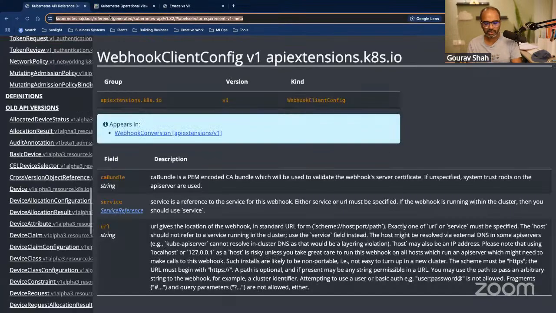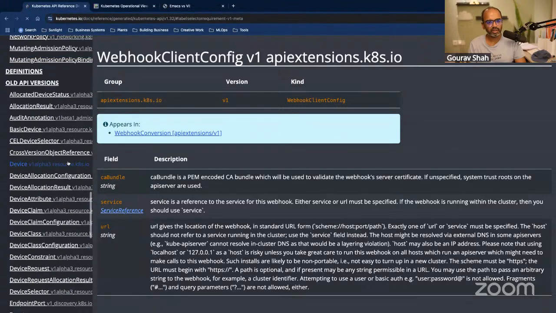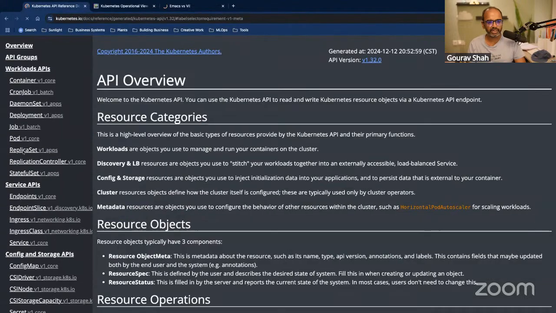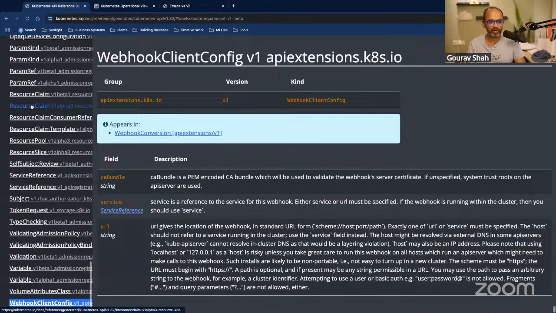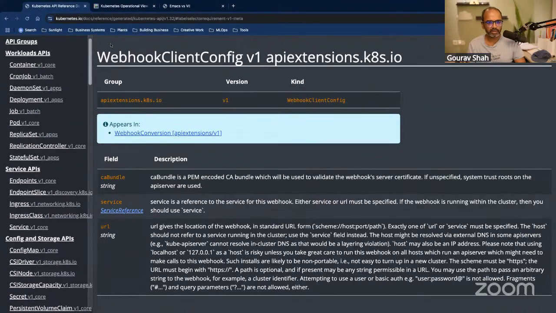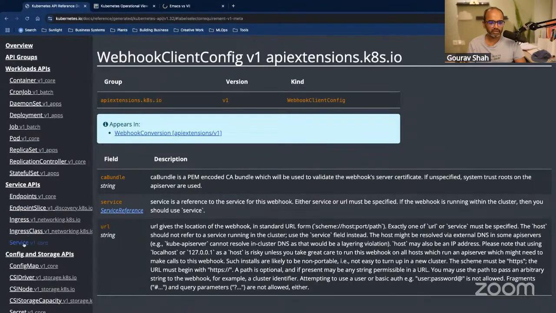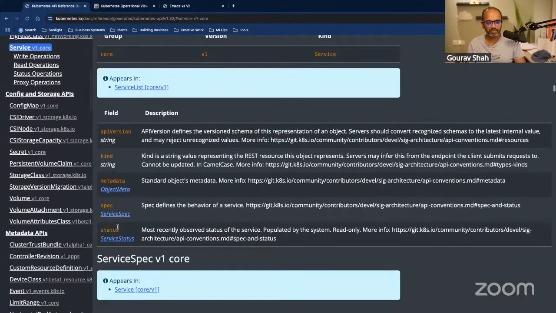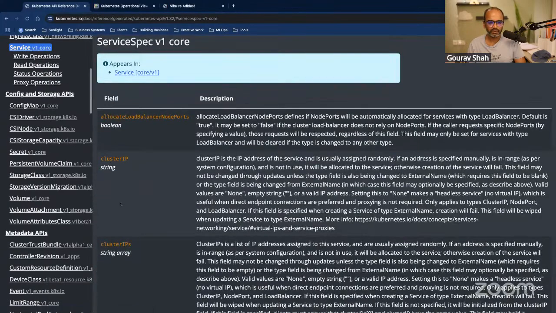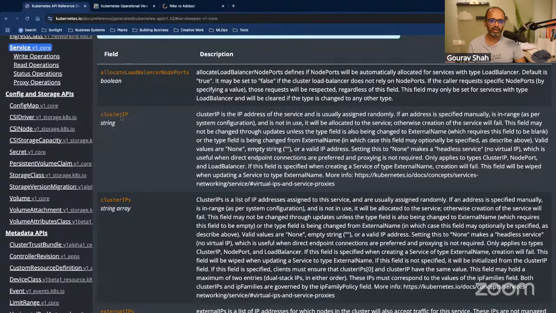Let's look at the spec. So what is possible and what is not, you can actually check in the spec. Now we're talking about services, so let's look at service here. Service has this spec. Spec contains these properties. So you can define